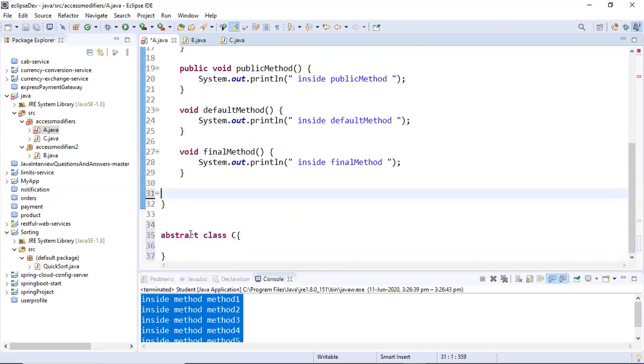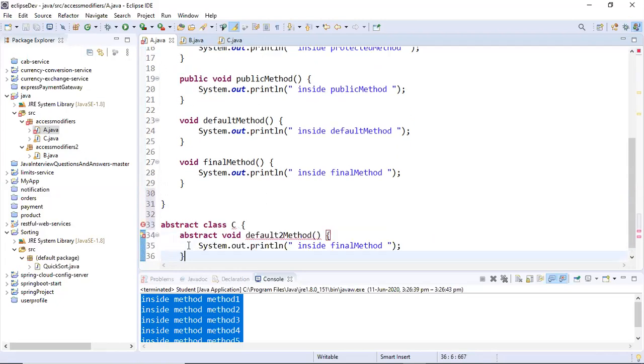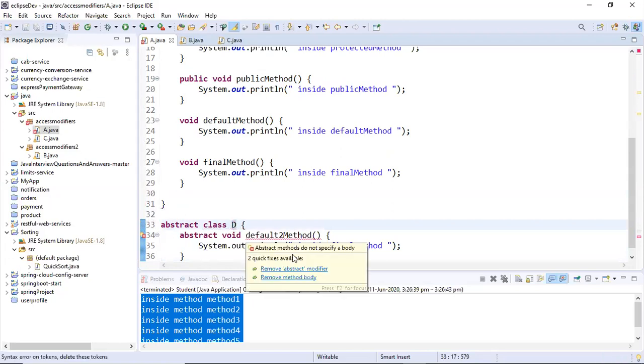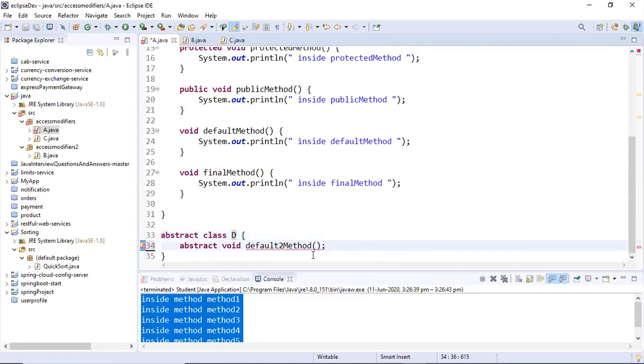Let me cut and paste it to here. So why is it giving an error? Because type C is already defined. Okay, let's call it B. Now what's the error? So remove abstract, remove the method body.